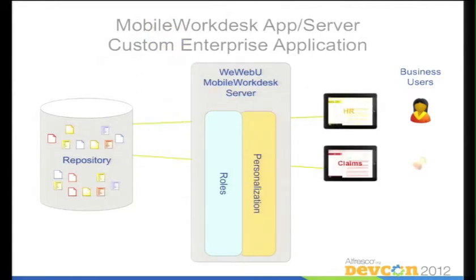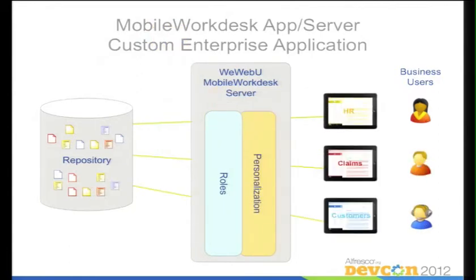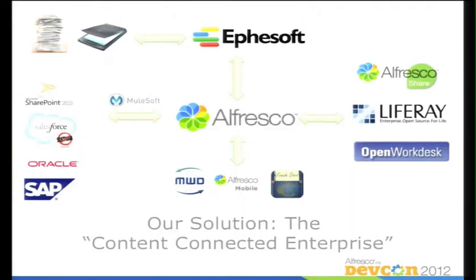And so you now are moving into a scenario where your HR and your claims and your customers and so on, all of your users have a different experience, again, based on their job function. We find this really compelling. Why are we telling the story? From an overall integration perspective, it's rounding out. When you think about the fact that your organizations have content everywhere, not only do you address getting that content managed and under control, but you have to think about how you're going to surface it. And this is one of many ways, of course, that with Alfresco, you can surface your content.